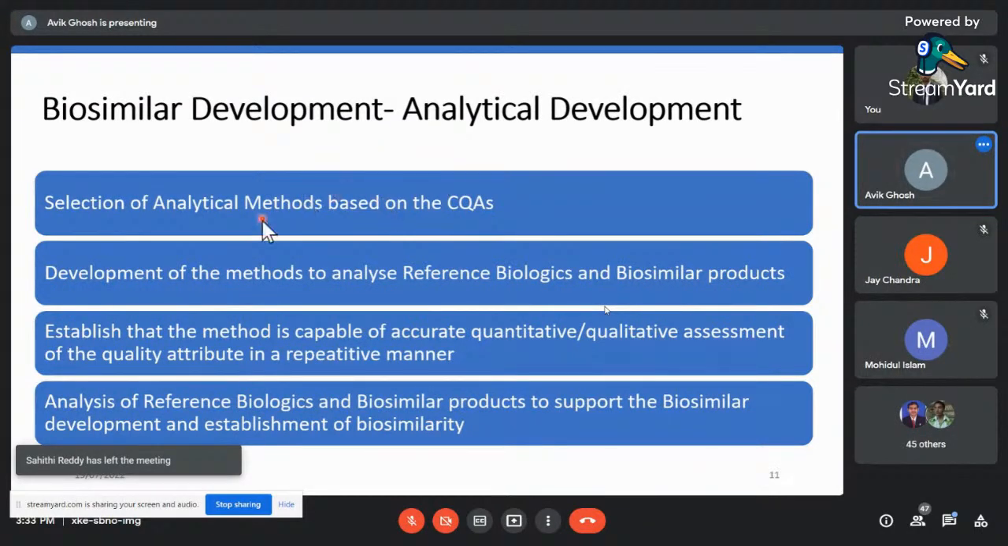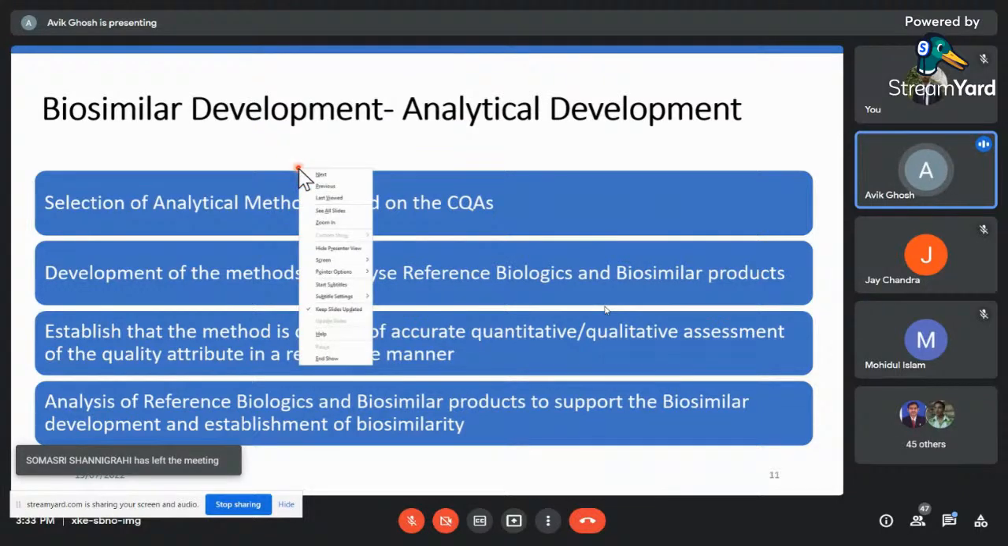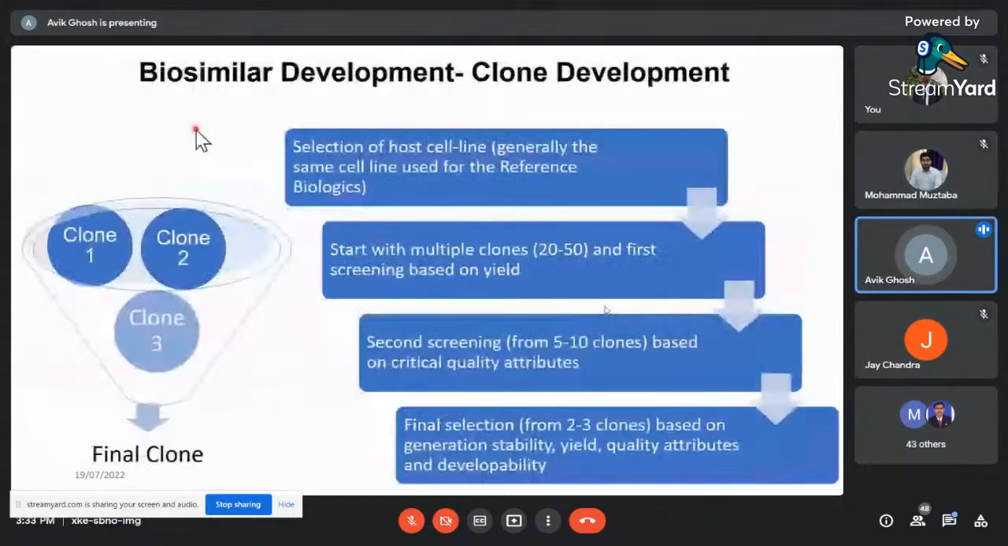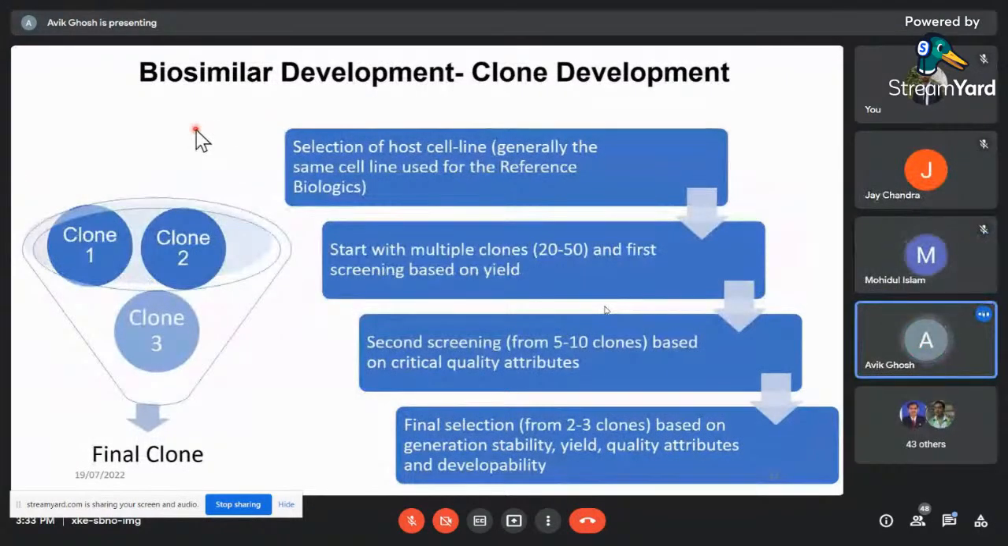Okay. The next function I'm going to discuss is clone development. This is the first part once you start your biosimilar development, right? You have multiple clones of the product in your hand, and you have to select the right clone. The first part is the selection of the host cell line. Generally it is an easy task because most of the time the reference biologic cell lines are known, and you generally use the same cell line to avoid any conflict or